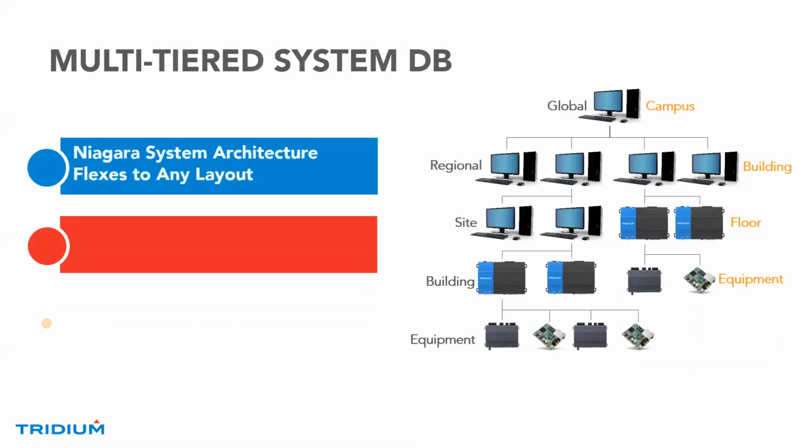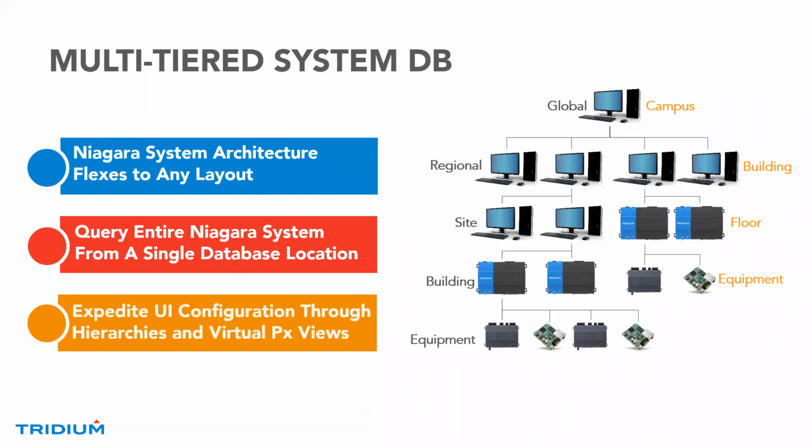All right, so multi-tiered system database. The concept was extending what we've already made to further support larger scaled Niagara setups and systems. I like the picture on the right a lot. You have essentially two different scenarios, and I'm not suggesting these are the only configurations you can make, just giving some examples. If we look down the left-hand side, where you have the global, regional, site, building and equipment,